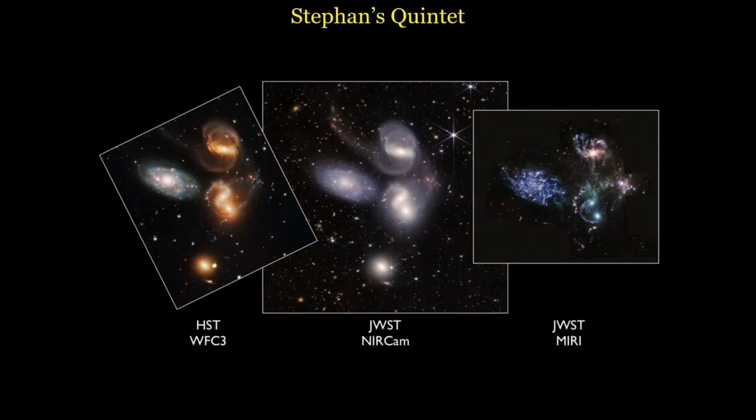This is called Stephan's quintet. In the right image, James Webb has imaged 4 of those 5 galaxies, not the lower one. And you get spectacular detail. For example, the top galaxy has this bright source at its center that we didn't know about until James Webb took images with MIRI. MIRI stands for mid-infrared imager. In the middle part of the infrared, that light is very bright from the center of that galaxy. So this is a galaxy system in the process of colliding.